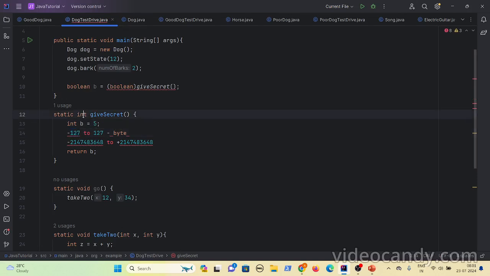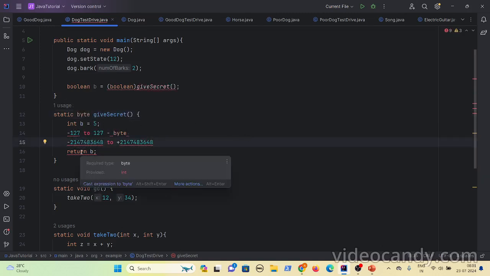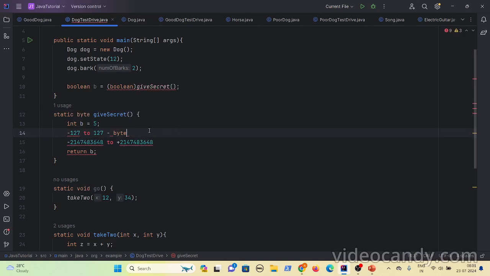So by default, if you write byte, the compiler will throw error, because what the compiler thinks is, if the integer value you are using is beyond this 127, you can't put that value in the byte, right? But if the value of the integer variable b is between minus 127 to 127, then you can do explicit typecasting and you can make that work.